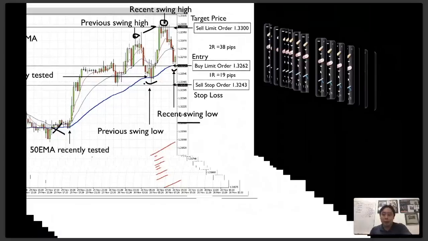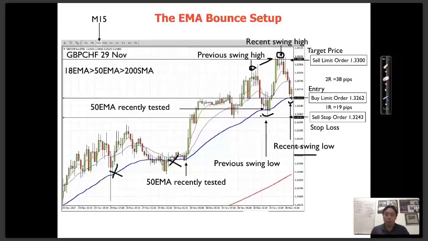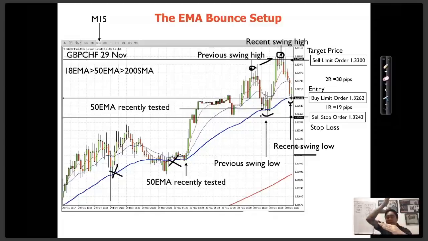And now where do I place my stop loss? Again, remember what I told you earlier. When the price hits the moving average, it doesn't exactly bounce off. Sometimes it can go below the moving average, and people who place a stop loss too close get taken out. So I want to place my stop loss far enough that even if the price penetrates the moving average and takes out most stop losses, it won't reach my stop loss. And then it goes all the way back up after screwing most people out there. Anyway.